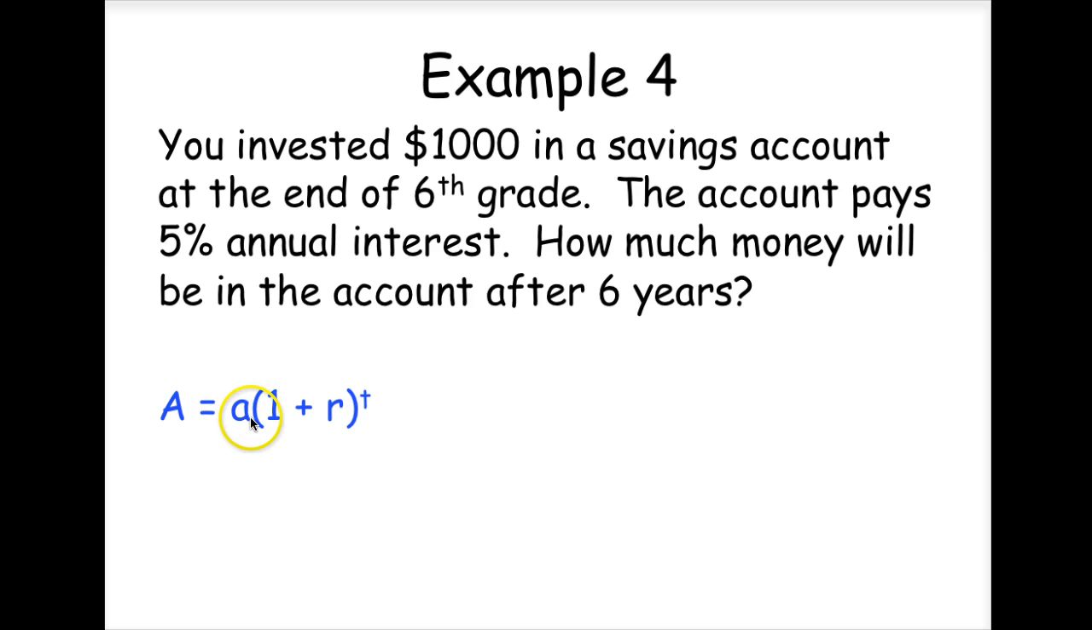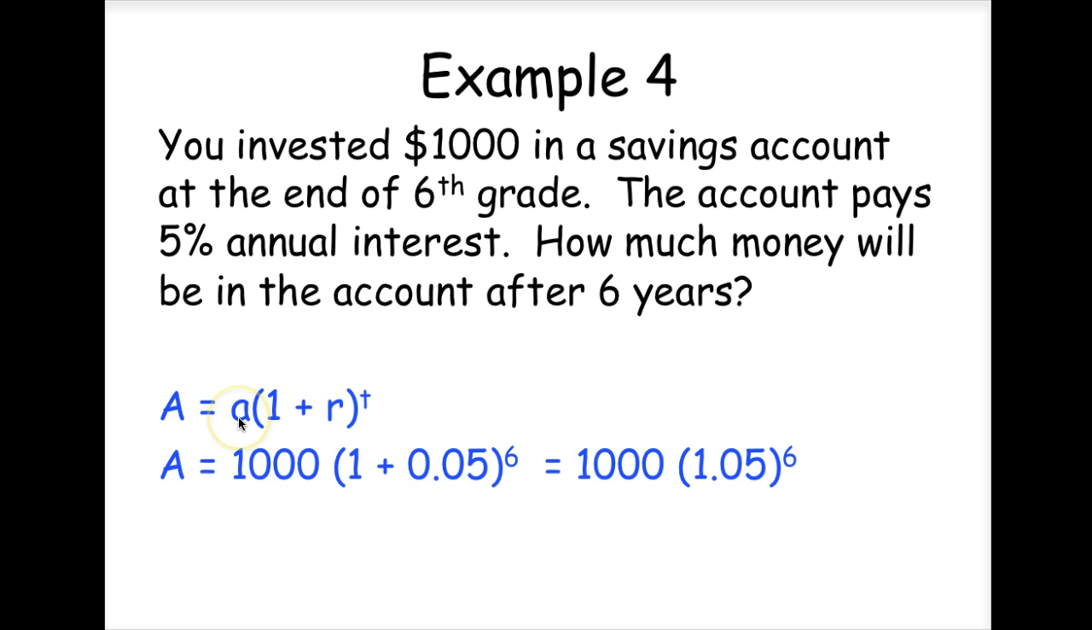Substituting into our formula, and I notice they have a little a here instead of p, but normally we put p for our principal amount, is 1,000 times 1 plus our interest rate written as a decimal, and then here's our time, 6 years. Then we add these together and use our calculator, and it's approximately equal to